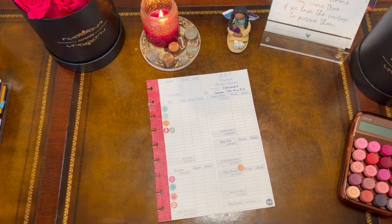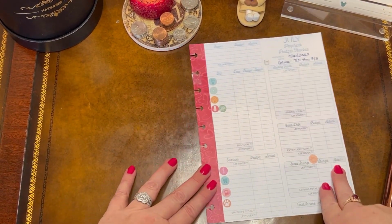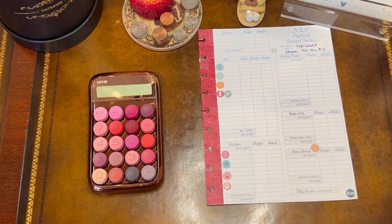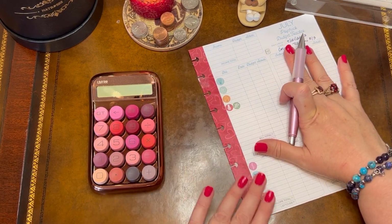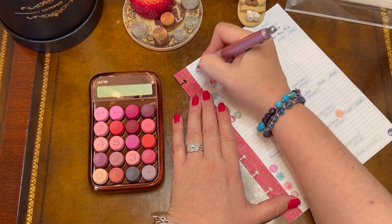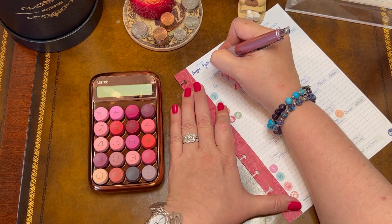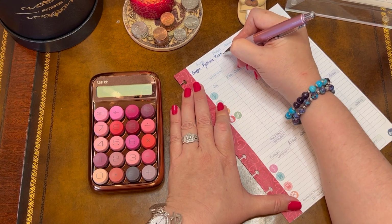This is my paycheck budget tracker. This is by the Budget Mom. And I always use this tracker. Okay, so as I always do, I always have that buffer in my checking account, so I always bring that dollar value into this new pay period. So that buffer rollover is $124.03,